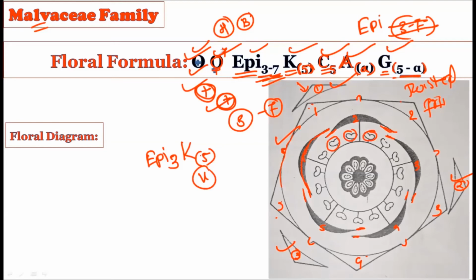Okay, here one thing we have missed, that is the epipetalous condition. We have talked about the epipetalous condition, that is the corolla is fused with the androecium. So which sign do we use in the floral formula for the epipetalous condition? Observe carefully on this C. You have to draw like this. Let me clear the slide first.